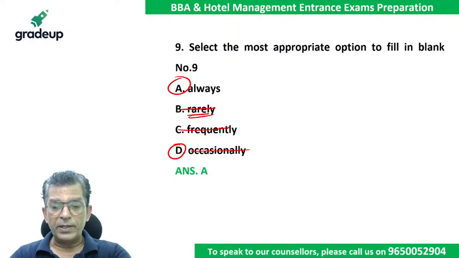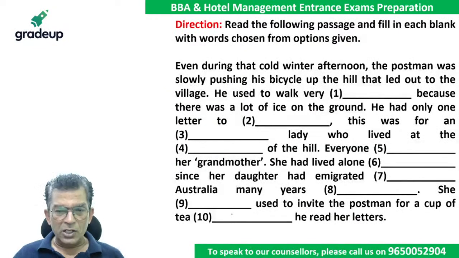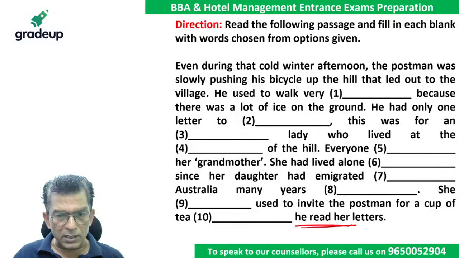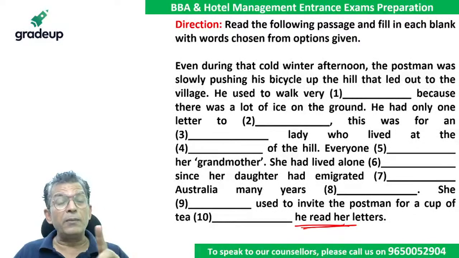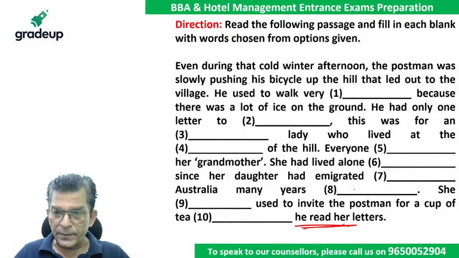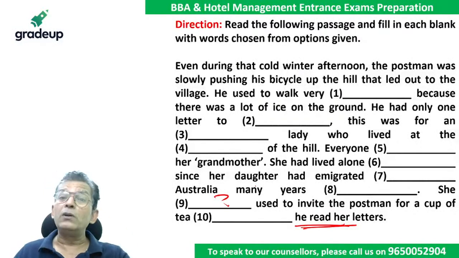See, read the next sentence, you will understand. She always used to invite the postman for a cup of tea. Why? ठीक है, यहाँ देखना, he read her letters, मतलब वो पढ़ के सुनाता था, तो हमेशा ही बुलाना पड़ेगा वहीं से। इसीलिए मैं बोलता हूँ कि सेंटेंस में जब डाउट हो जाए, तो read the sentence further, नीचे पढ़ो, ऊपर पढ़ो, and then you will be able to